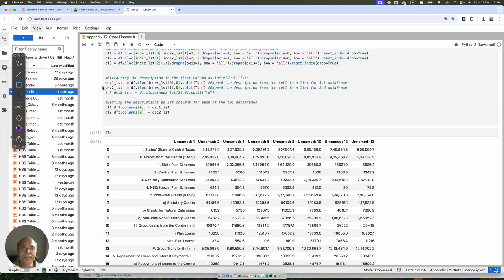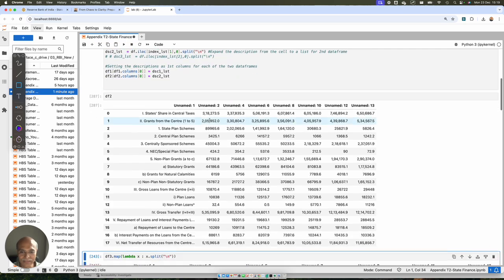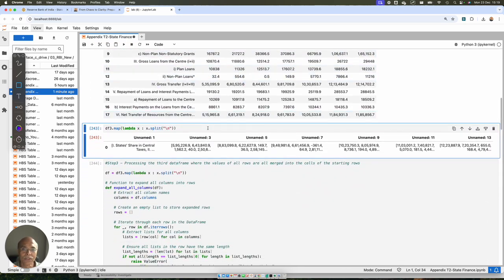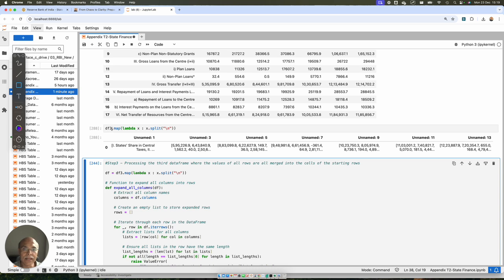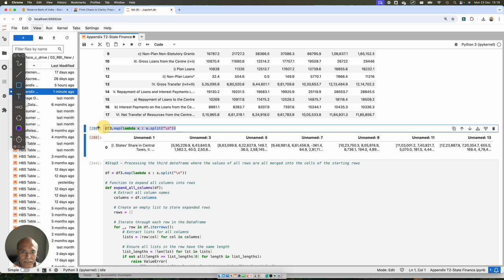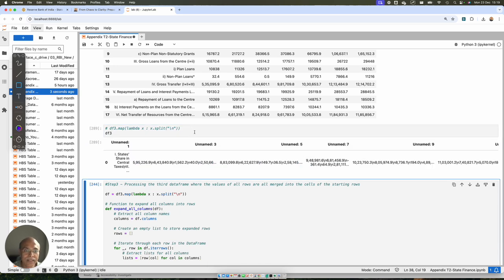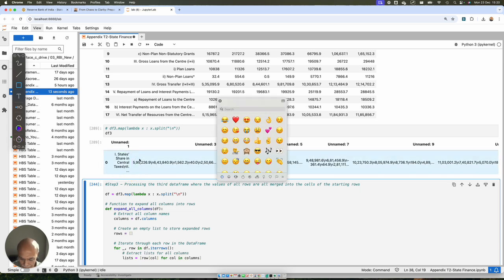Now I am left with the third data frame, which is difficult to do using this method. So I'm going to show you how the third data frame looks. If I run this cell, you'll find that DF3 I am mapping. So what is this all about? Let me just comment this, and I'm going to show you simply DF3. If I show you DF3, you'll find that DF3 looks something like this, right? Which is similar in nature, because this is a simple string, which is all jumbled up and separated out by